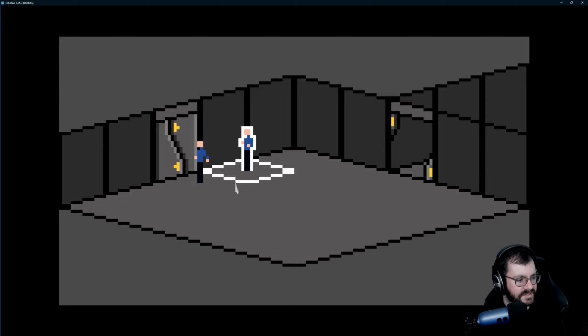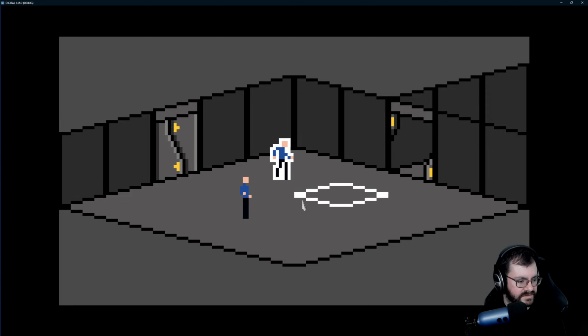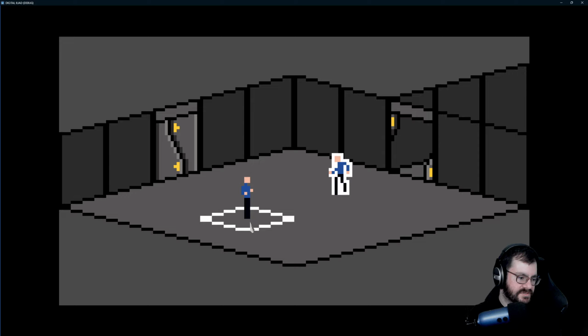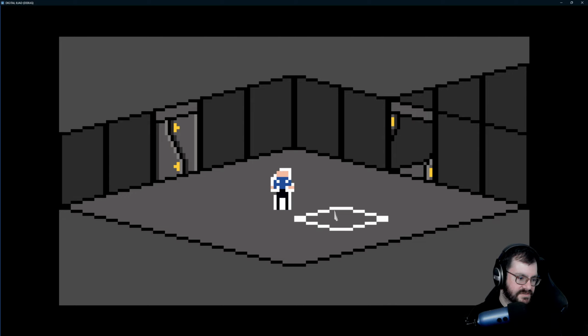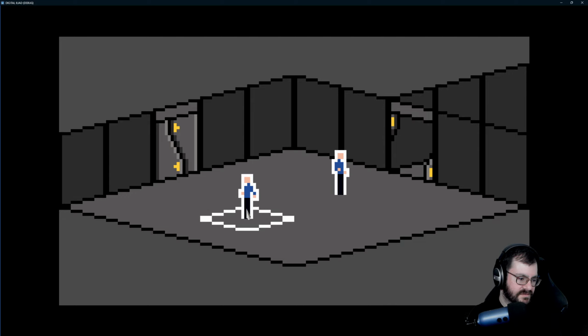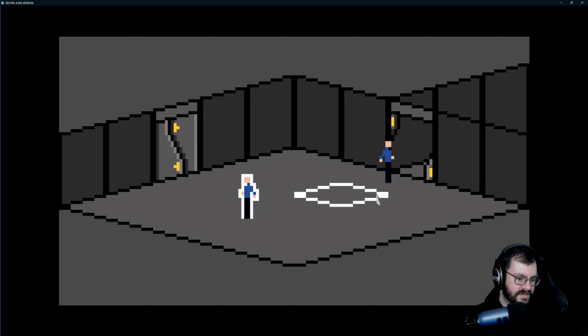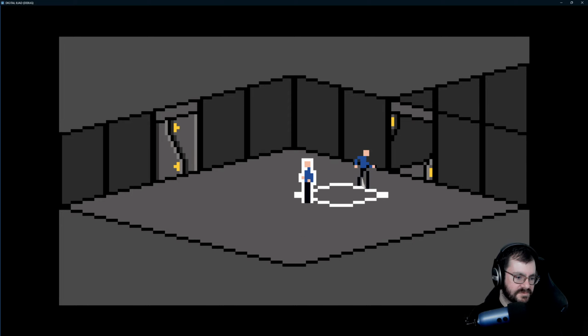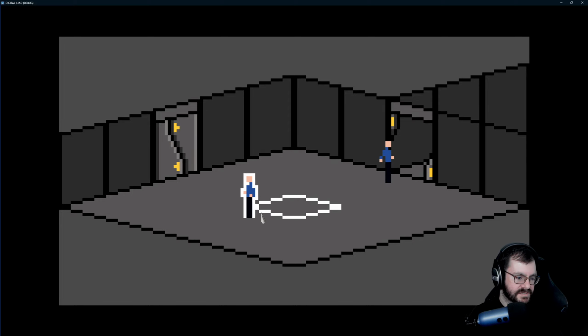And that's good, because then we don't have to worry about contention for space in the same way, like if these two characters were trying to pass each other, they can still pass each other because they're not obstructing the tile. I want them to be able to do that. I might need to work on the Z indexing for that just so that we don't get weird overlaps, but